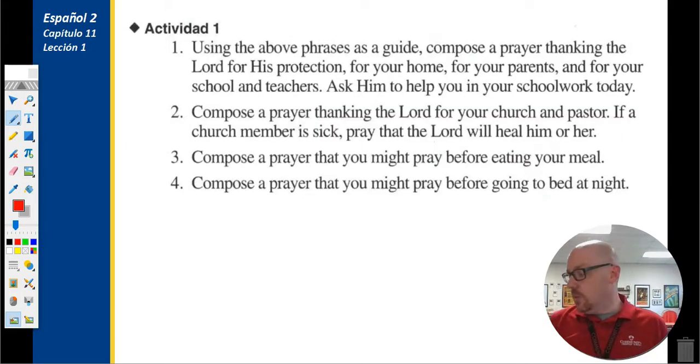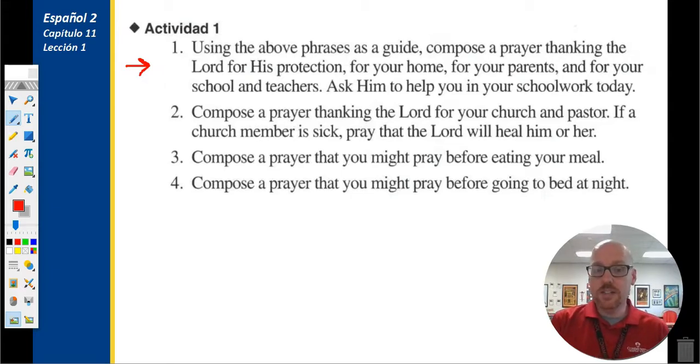Looking at actividad 1, we've already talked about this one a little bit in página 281. Remember that you will be doing number 1 in esta actividad for homework. You will be giving me the prayer that you have written, reading it to me aloud. And again, you will be graded on pronunciation as well as the grammar of the prayer that you have put